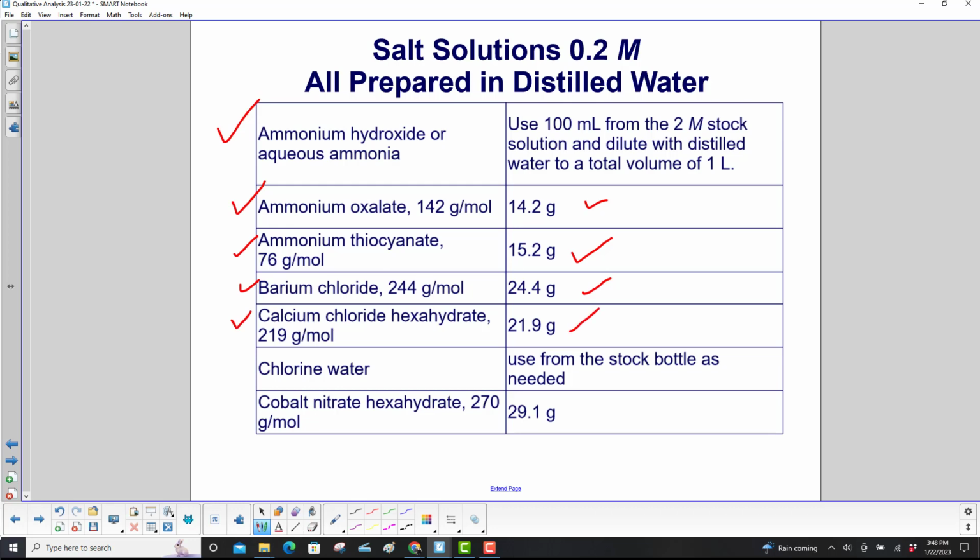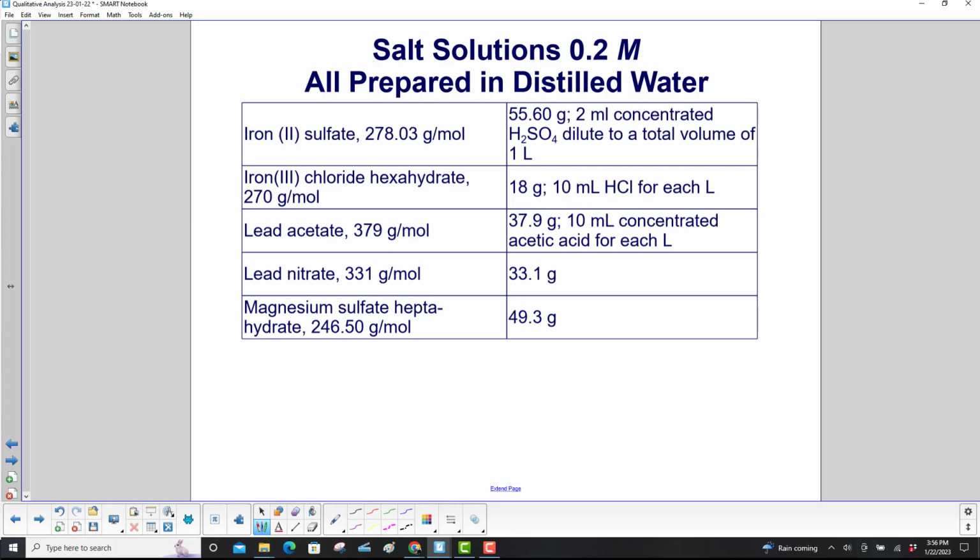Use 21.9 grams. Chlorine water, use from the stock bottle as needed. And cobalt nitrate hexahydrate, 270 grams per mole. Use 29.1 grams. Continuing with salt solutions, iron 2 sulfate, 278.03 grams per mole, which is 55.60 grams, 2 milliliter concentrated sulfuric acid, then dilute to a total volume of